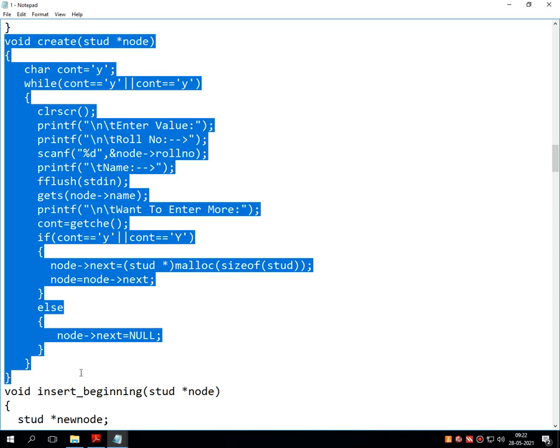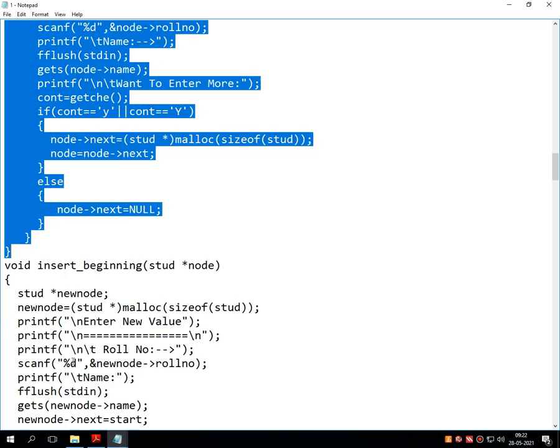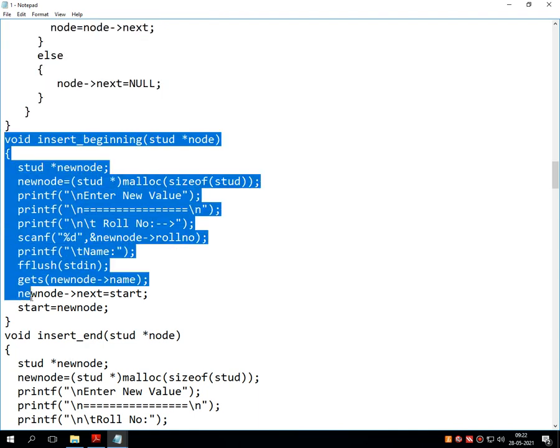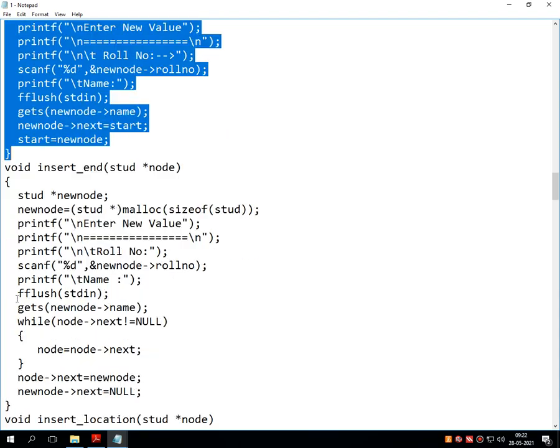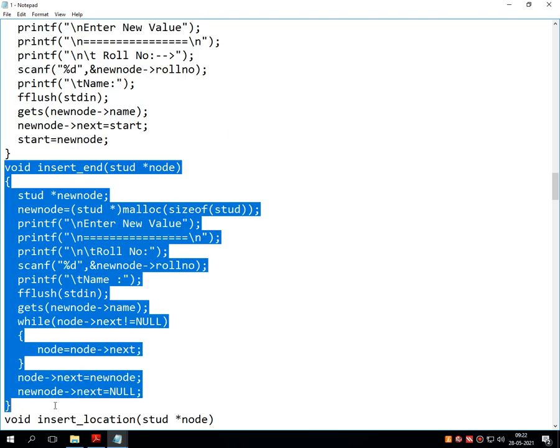Again pause the video. Write down this insert at beginning. Again pause the video and write down this insert_end.